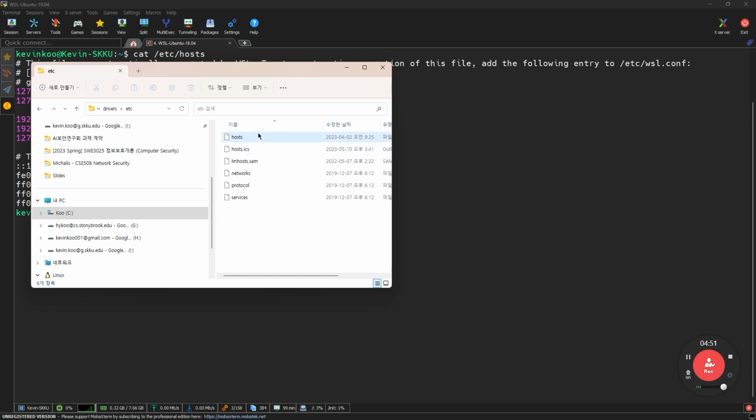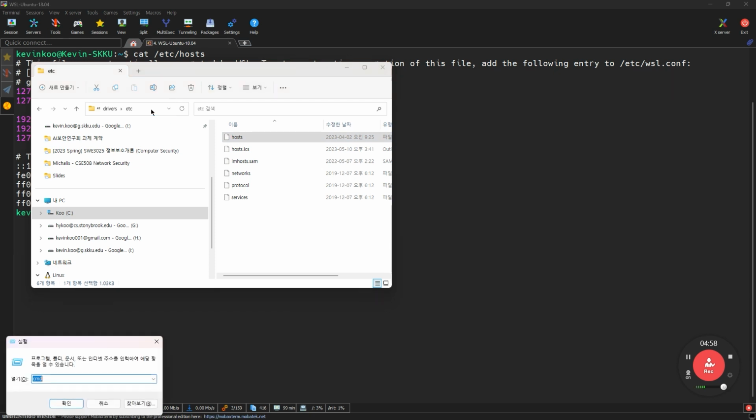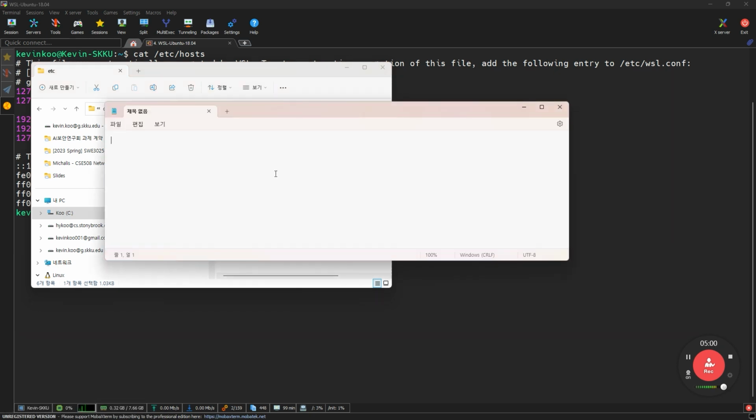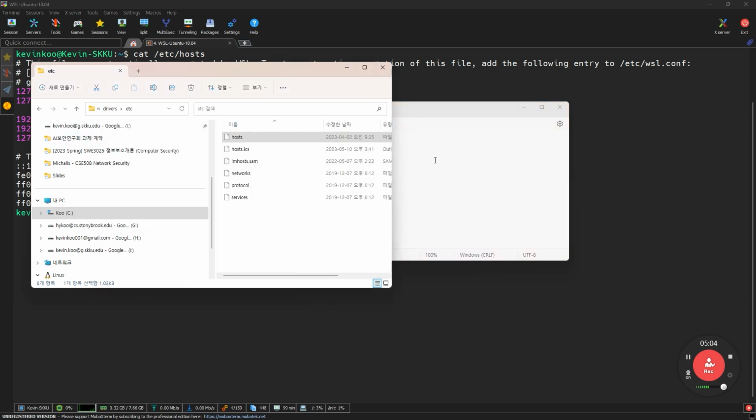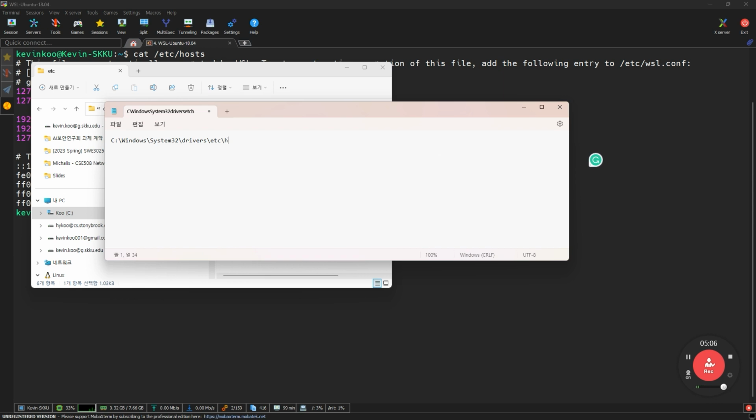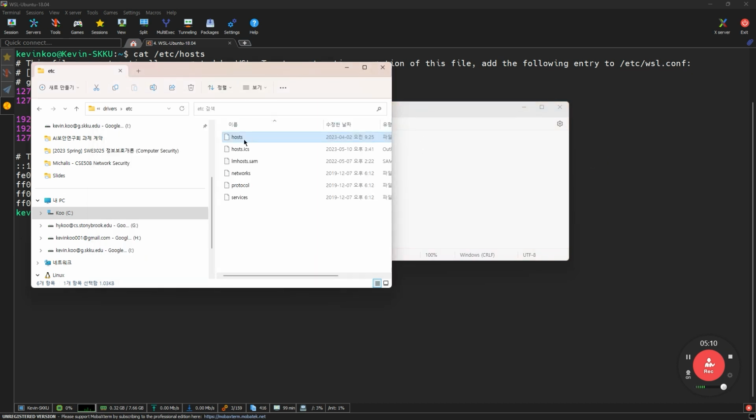There is the hosts file. In this path, you can see the hosts file like this. If you open this hosts file, you can see IP addresses and domain names there.